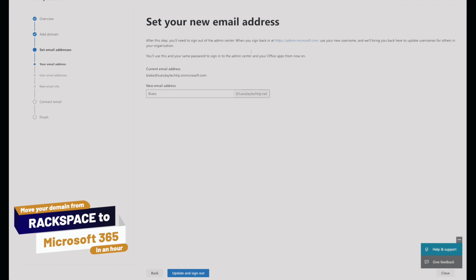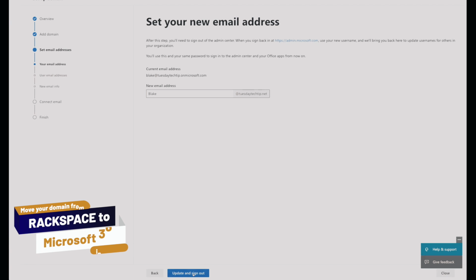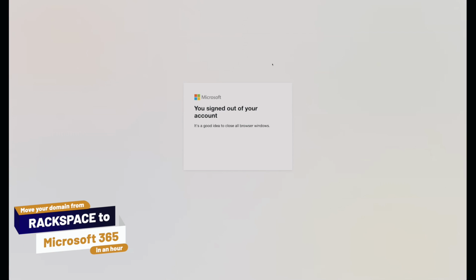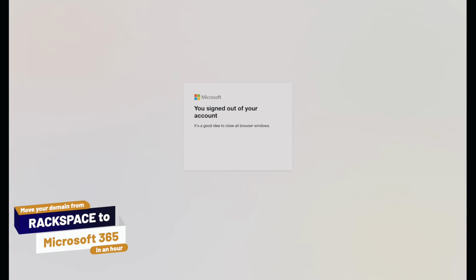This is what I'm going to use to sign in instead of being on Microsoft. So my new email address and username will be blake@tuesdaytechtip.net. And it's going to update and sign me out so that we can test it out. So I'm going to update and sign out. Okay, now it says it's a good idea to close my browser window. So I'm going to go ahead and close my